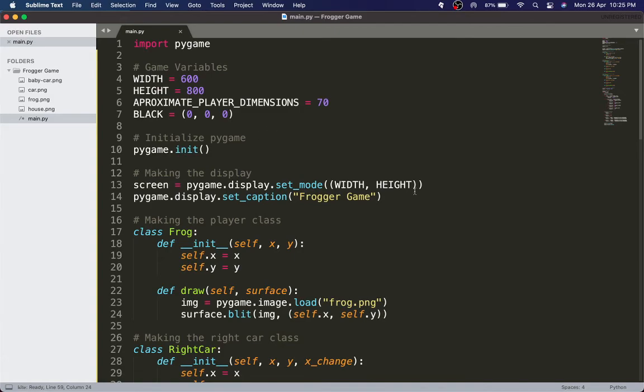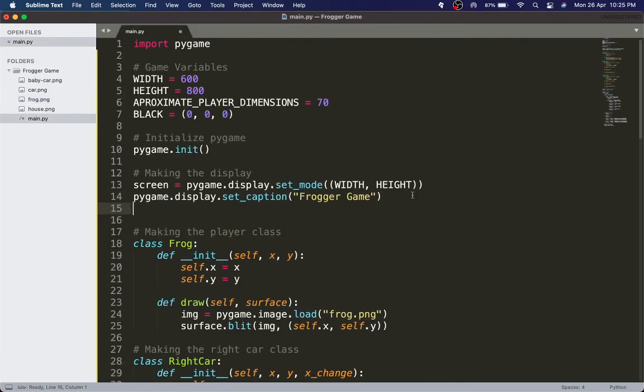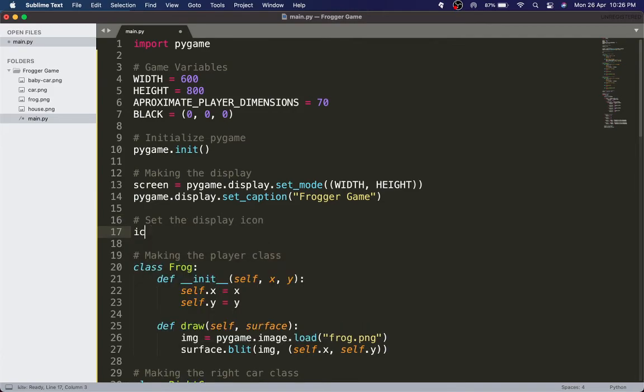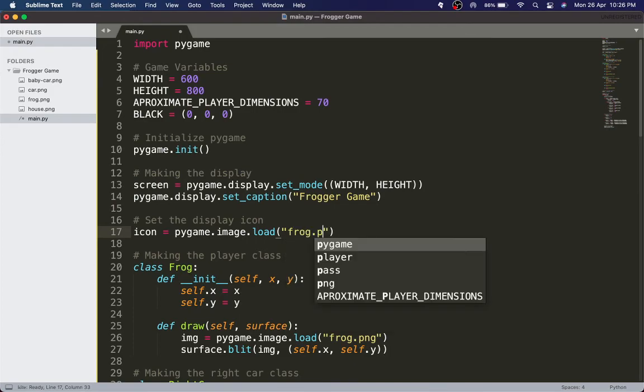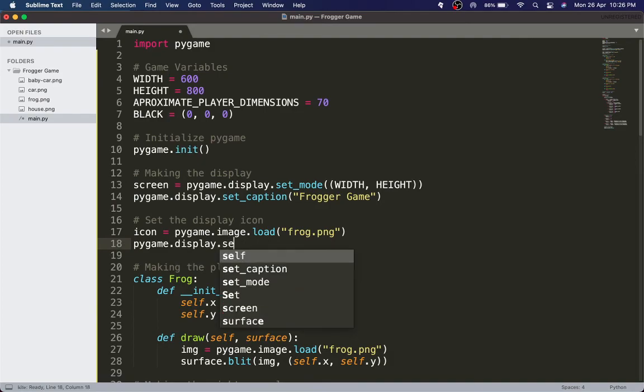Just one last thing, it's just 2 lines of code, but it's pretty cool. So let's have an icon for our screen. Let's keep the frog as the icon. I think it will look really cool. So set the display icon: icon is equal to pygame.image.load, and I will just go frog.png, and we can just say pygame.display.set_icon to icon,